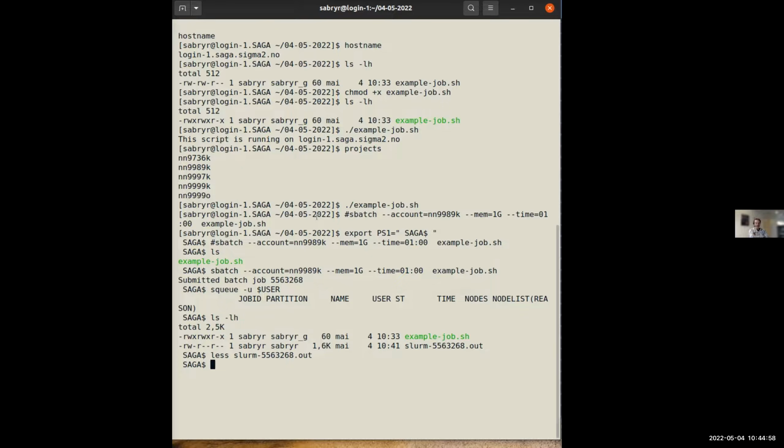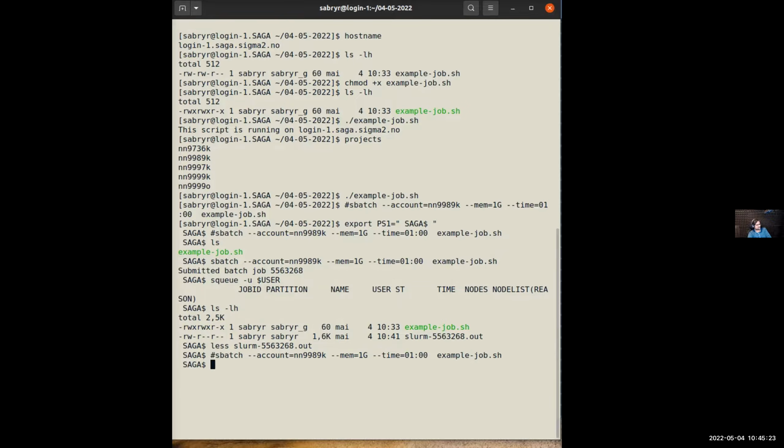Yes. So what we do is, it's not that convenient to write these things on the terminal when you submit this. It's better if we have most of the things inside this job script. Do you agree, or how is your practice?